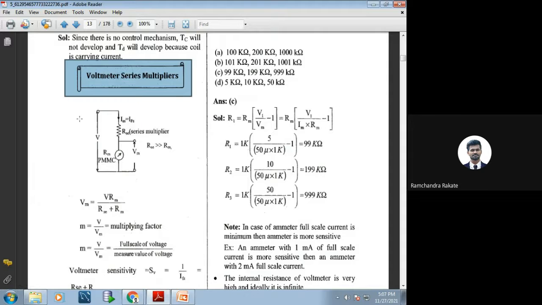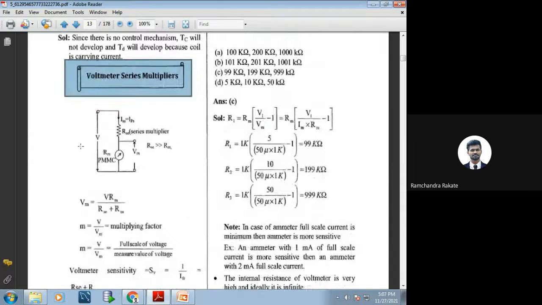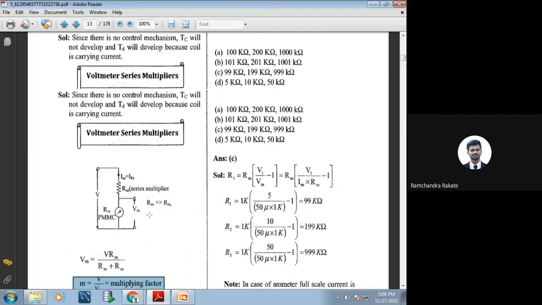Okay, so the voltage extension is what? We have a voltmeter range scenario like this one. See, this is a voltmeter. This is the meter resistance RM, this is VM, and this is RSC, the series multiplier. Now IM is equal to IFC, that is what we are designing. So for the voltage extension, we have VM is equal to V into RM upon RSC plus RM. So M is equal to V by VM, which is nothing but the multiplying factor,